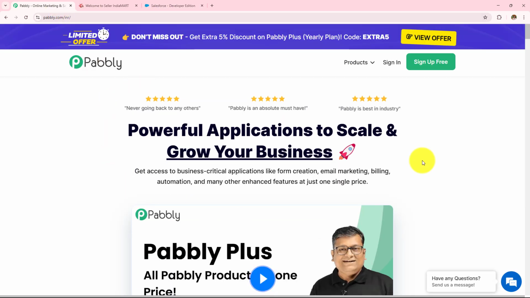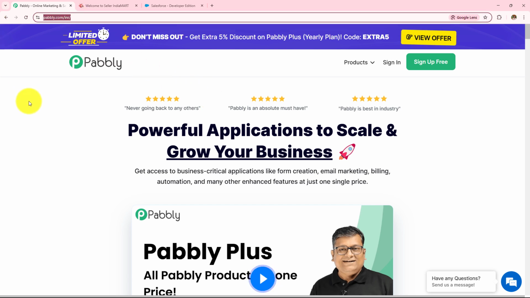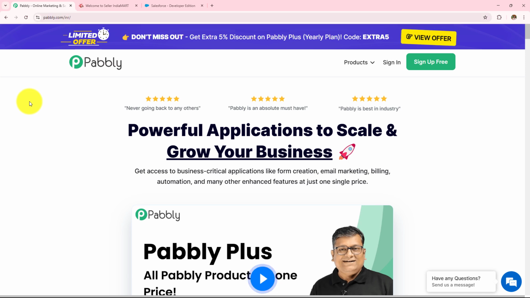So this is the landing page of Pabbly, and you can visit this simply by typing pabbly.com/inr/ in your browser. Now after browsing the website, we need to sign in to our Pabbly account. On the top right corner, you can see two options, sign in and sign up for free. If you are an existing user, click on the sign in, and if you are a new user, click on the sign up for free, and this will give you 100 tasks free on monthly basis. As I'm an existing user, I'll click on the sign in,